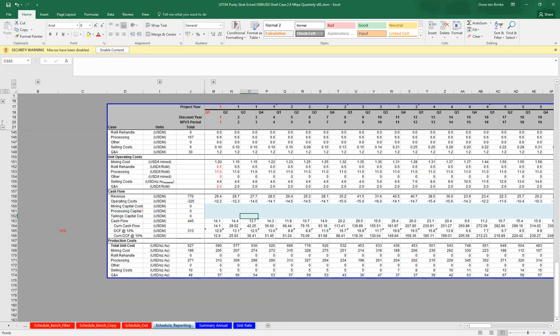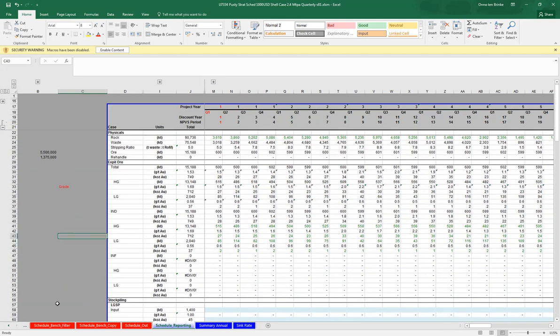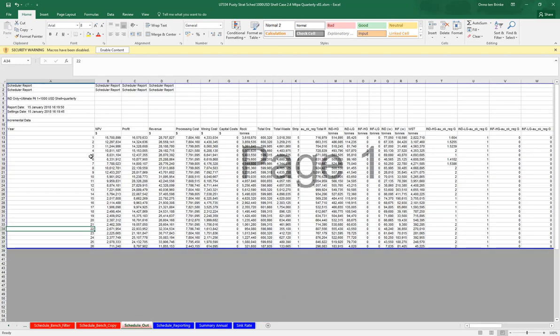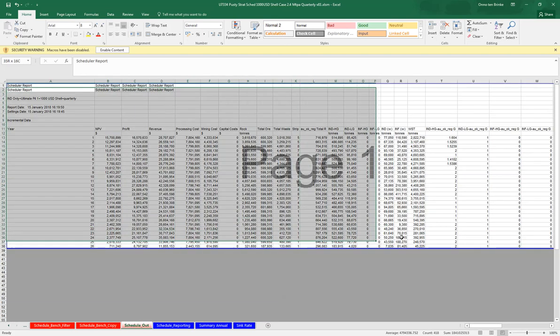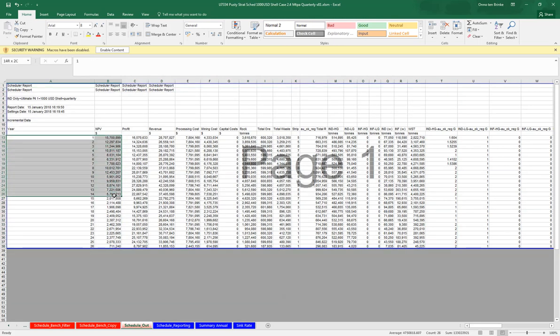This is the Excel spreadsheet used for analysing the MPVS outputs. So standard output would be the schedule out. This is not by bench, this is just by year, okay? Yeah. So you can see here by year, but also actually this you can run, if you reduce the OR